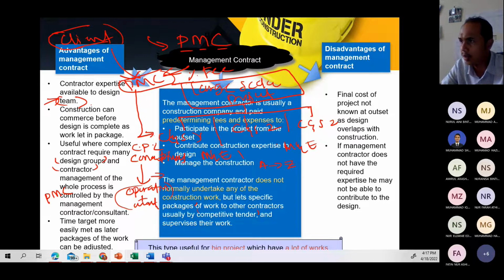Bila dah habis package 1, belum habis lagi nak start package 2, dah boleh start. Kan? Dah boleh start immediately while package 1 is still under progress. Kan? So dia boleh bertindan macam tu lah. Dia boleh bertindan macam tu. So as a kerja tu dia menjadi lebih kompleks lah. Cuma kita boleh set kita punya work package tu. Okay, cuma disadvantage dia, the final cost of the project is